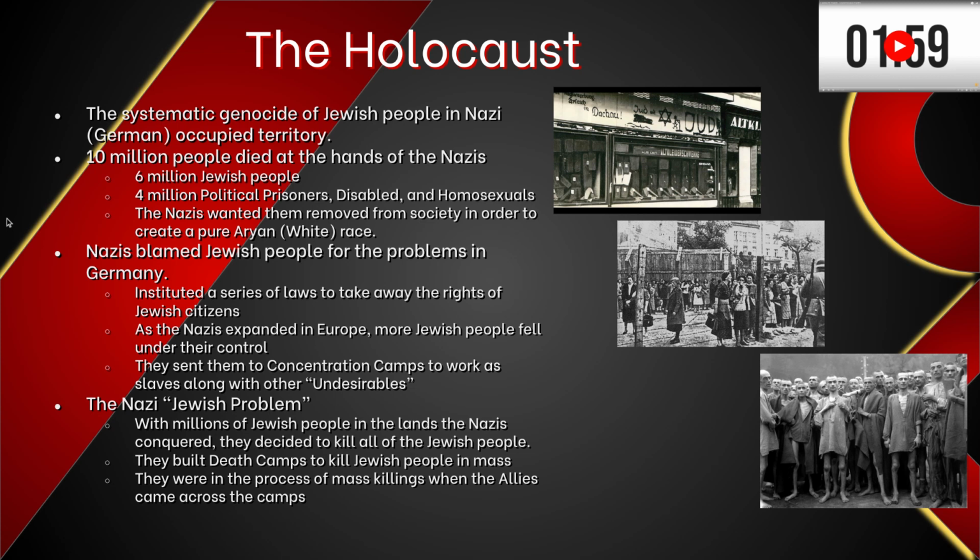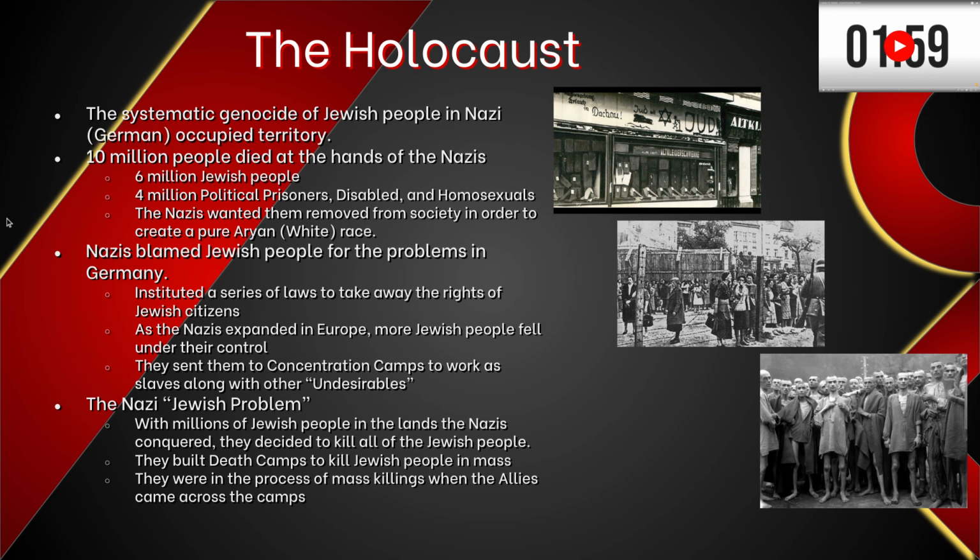So they decide that the best way to proceed about this is to create death camps where in mass, meaning in large numbers, Jewish people were led into what was normally planned, gas chambers. It could range from 20 to 50. Some of the gas chambers, if you squeeze enough people in, could probably fit about 100, and they would kill them all together, and then they would burn their remains.